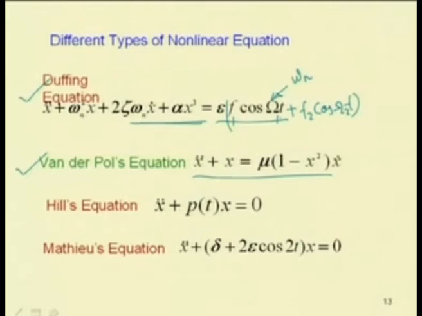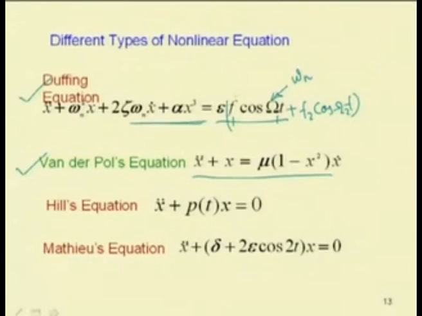Frequency is an independent parameter. So, at resonance, this omega for a linear undamped system is slightly less than that of the natural frequency of the system. But in case of the nonlinear system, the resonance frequency is a function of both the applied frequency and the response amplitude. So, it depends on the excitation amplitude, excitation frequency, and also it depends on the response amplitude